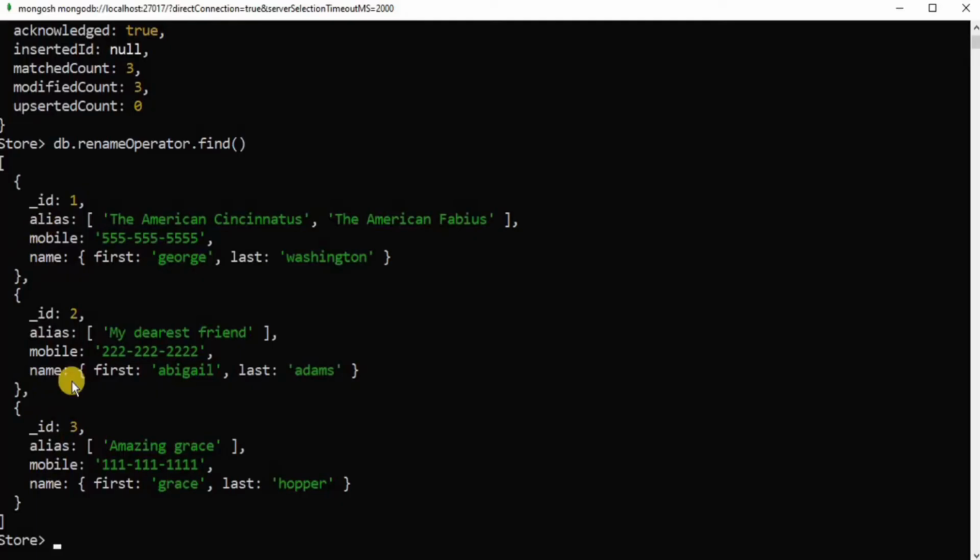Now let's say you want to update a field which is nested inside another field. Let's say I want to change first and last to fname and lname to define that it is the first name and last name, and these two are nested inside the name field. So how can you do that? To do so, you have to use the command